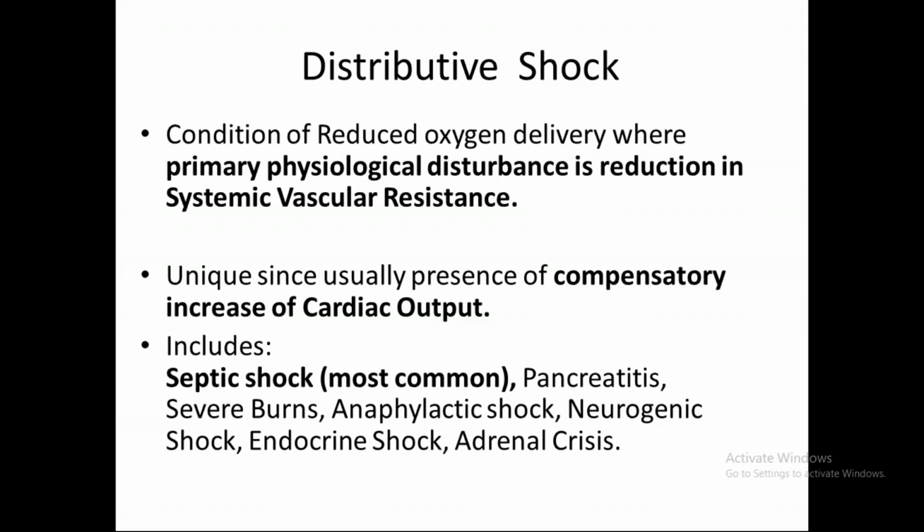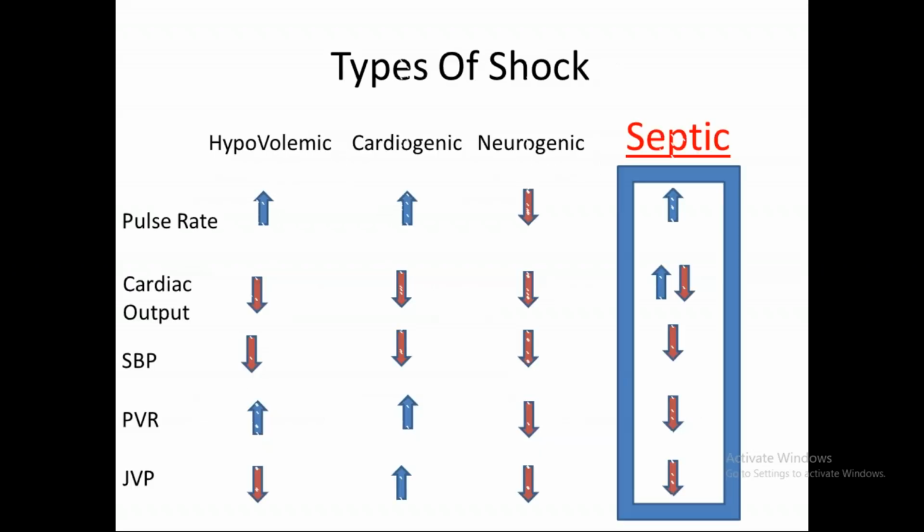Now, the distributive shock includes septic shock, which is the most common type of distributive shock. Others can be pancreatitis, severe burns, anaphylactic shock, neurogenic shock, endocrine shock, and adrenal crisis. But the most common and we are interested in is septic shock, right? ये हमने पढ़ लिया था table. It's a summary of all the 4 kinds of shock, and now we are gonna छोटा सा पढ़ेंगे septic shock